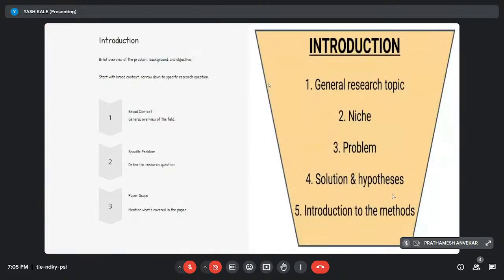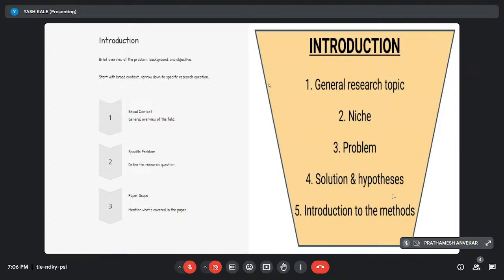The next part is the introduction. So the introduction is where you set the stage for your research. You'll start by giving a broad context and then narrow it down to your specific question or problem. And it's important to clearly define the problem you are addressing and explain why the problem is important, and